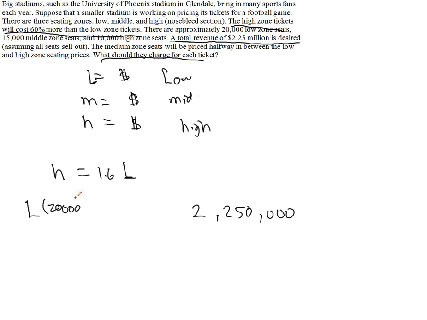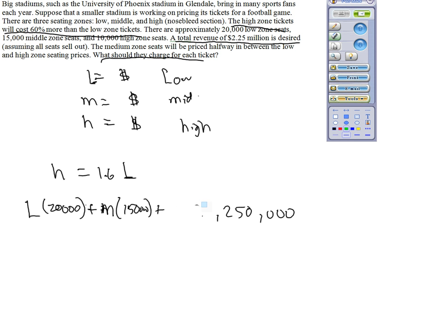So L dollars for 20,000 seats plus M dollars for the next 15,000 seats plus the high zone seat price times 10,000 seats at that price